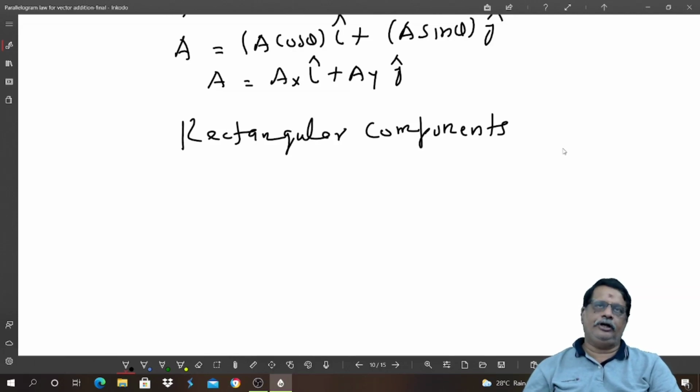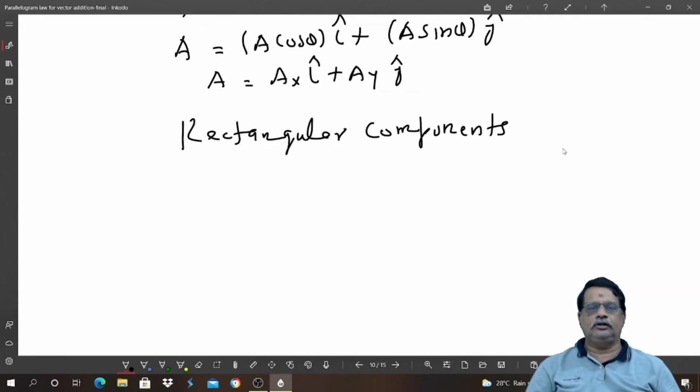You see, when you take a vector in space, it can have an infinite number of components. When you place it on a paper or the surface of the board, you are reducing it to a two-dimensional vector. So there can be only two mutually perpendicular directions. So you will have only two mutually perpendicular components for the vector which is on a plane. But in space, you can have an infinite number of components, because there are infinite directions to which the vector can be split.